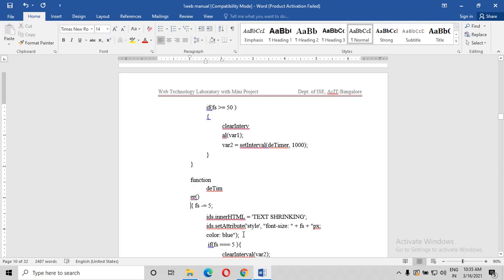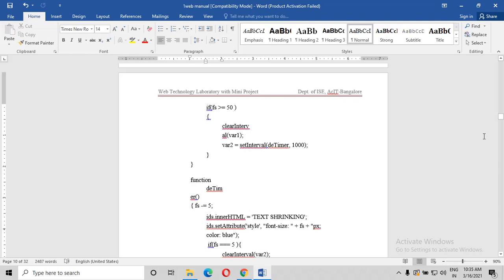Now if it is triple equal to, what is triple equal to? It will check the value as well as the type, and whether the value is equal or not. Not only double equal to, which means equal to. Here we have used triple equal to. Triple equal to means it will check both the value as well as the type, whether integer or float, as well as whether the value is equal. So if it is equal, then it will clear the variable too.